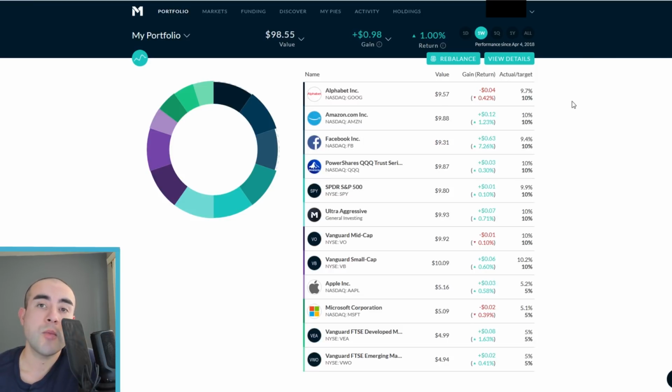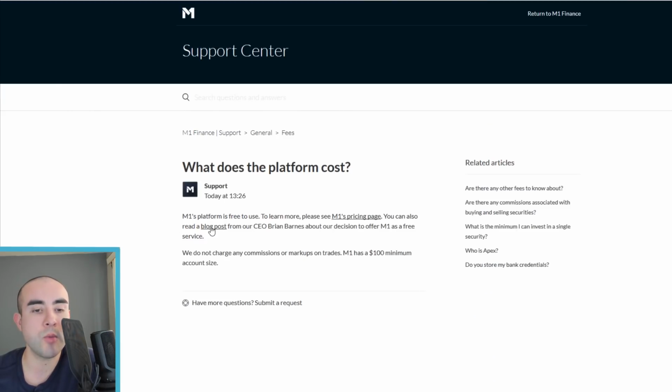And the great thing about the M1 Finance app, guys, is that it's very similar to another one of my favorite investing apps, the Robinhood app. As you may know, the Robinhood app does offer completely free commission trading to both buy and sell stocks and ETFs on Robinhood. Well, M1 Finance is actually very similar. If you go to their website here on their help page, they do state that the M1 Finance platform is free to use. We do not charge any commissions or markups on trades,